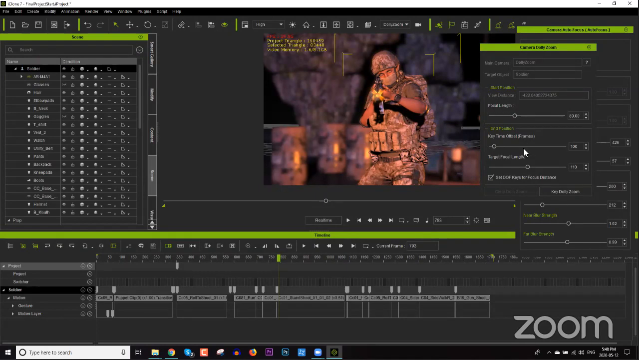Now, how long do we want this dolly zoom to last? Let's go ahead and take a look at 100 frames first. It shows here the target focal length. Don't really worry about that. Our key time offset is the one to worry about because this is how long our dolly zoom is going to last. Let's get rid of this right now, and go